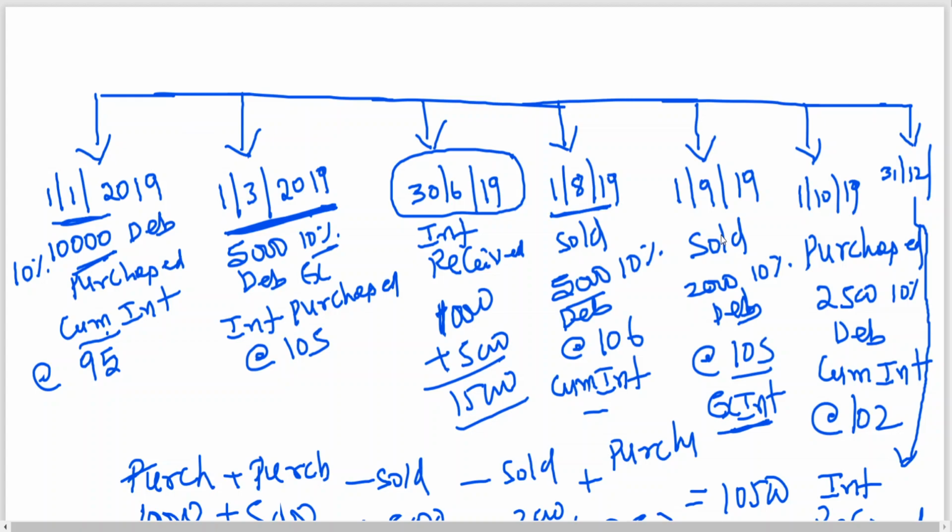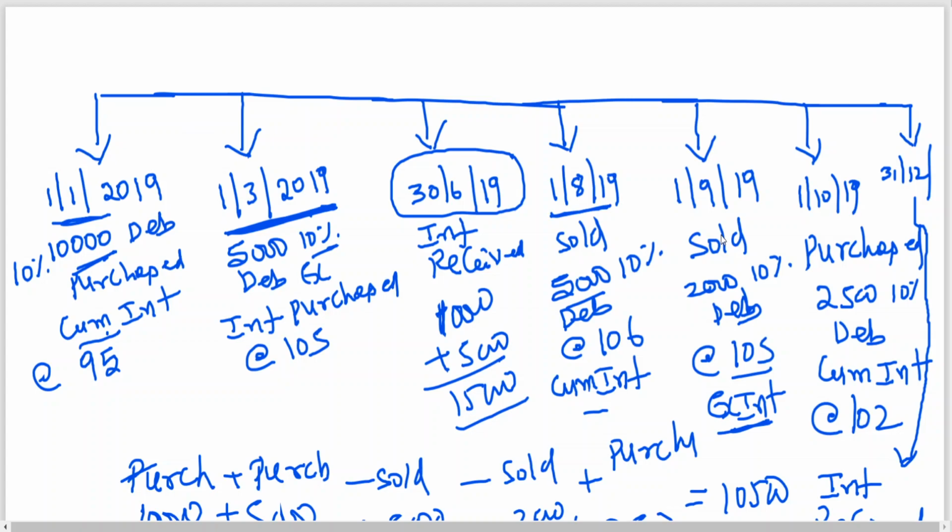The next class onwards, I will be working out the problems. Maybe for 2 or 3 classes, you will be having a bit of confusion. That has to be sorted out with practice. Even if I suddenly start after 6 months, I may struggle. It's not that you don't know, you can't calculate. Then cum interest, ex interest is a bit of confusion, in the sense that you are not practicing it, right?